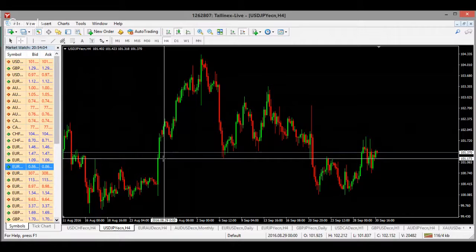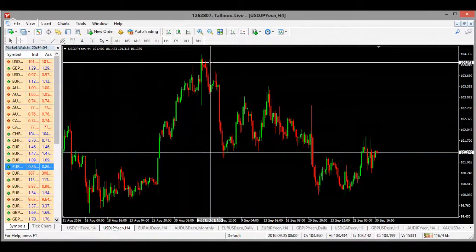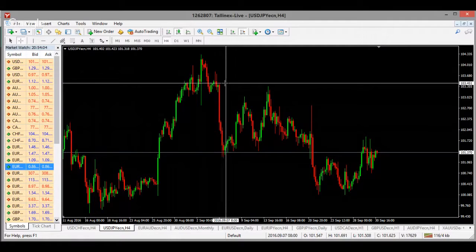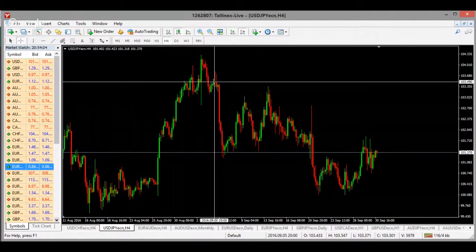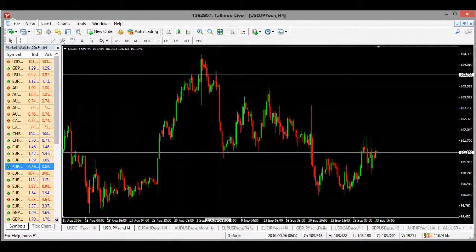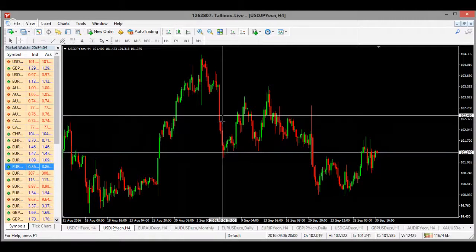All right. Now, supply zones can be located by looking for swift big drops away from either a single candle or a small consolidation structure, commonly known as a base. The base consists of a few candlesticks in a tight sideways range, and what you're looking for is market exhaustion, like big spikes, then big pullbacks, and then you see the market start to drop. So one area is right here. You see this big uptrend, the market does a slow downtrend, you see market exhaustion, and then you see this big drop right here. So you got your little base,